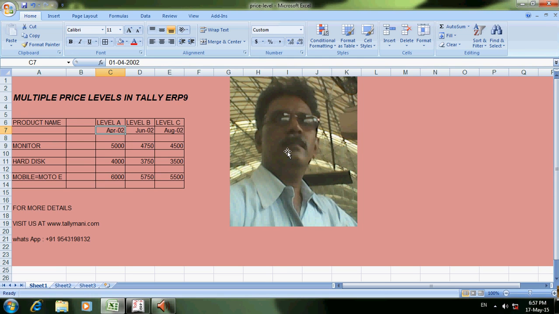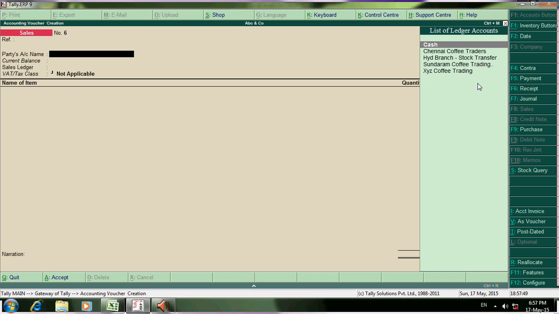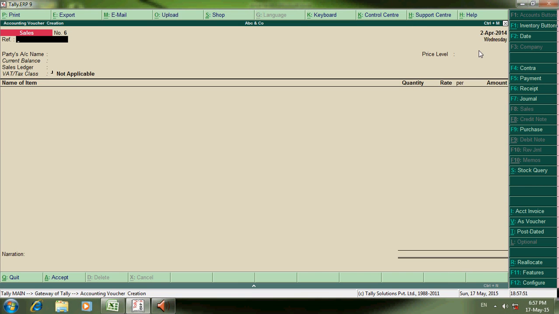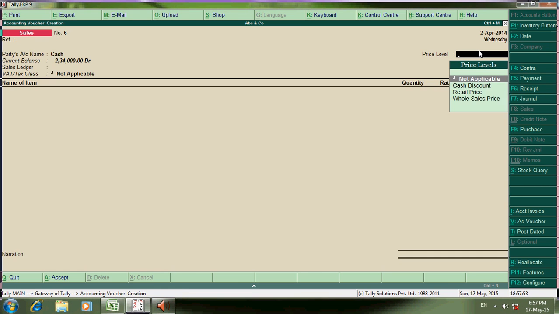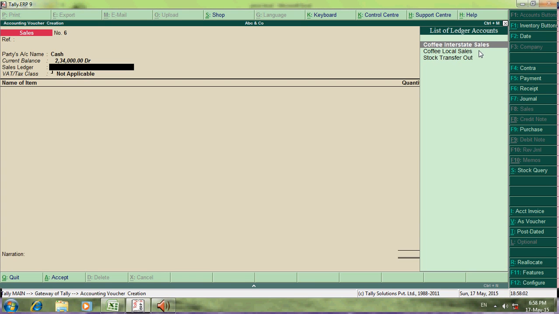See, we are going to test. Go here. This is April 2. Cash, retail price. While I entered, this price level is retail. Say local sale.